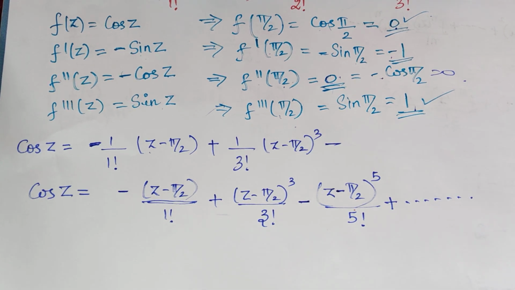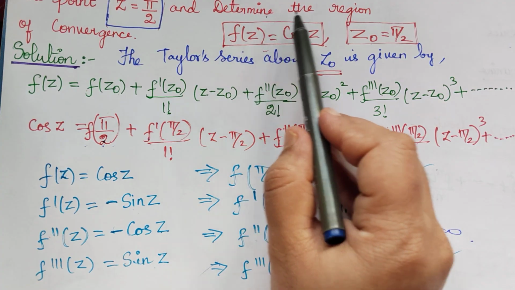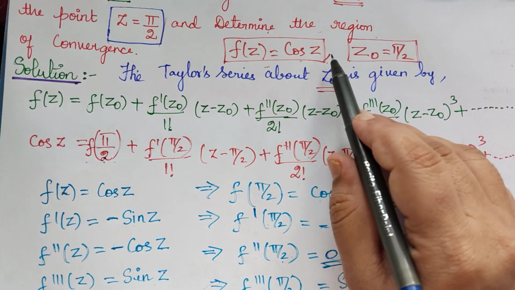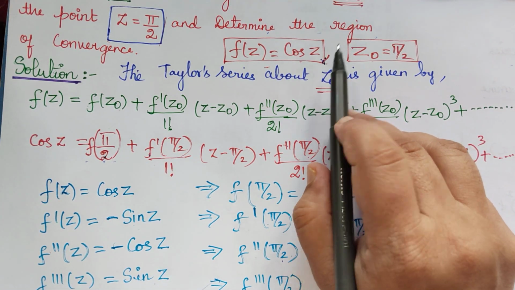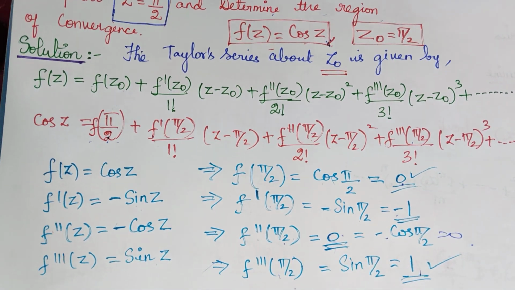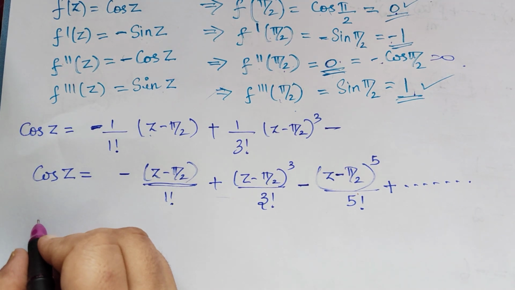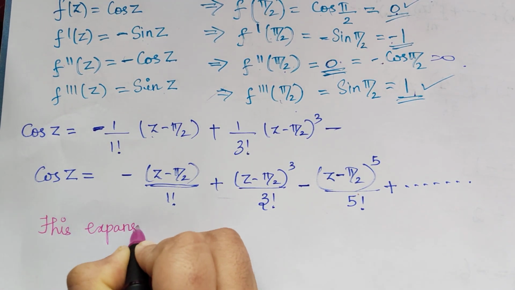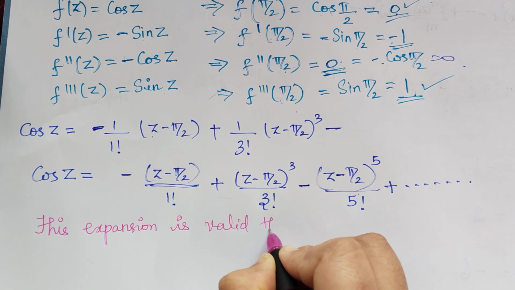And this question is also followed by another question where they are asking us to determine the region of convergence. And we know that trigonometric functions are analytic everywhere. So therefore, since it is analytic everywhere, the series is valid throughout the complex plane, and therefore the region of convergence becomes the full complex plane. So we can conclude by saying that this expansion is valid throughout